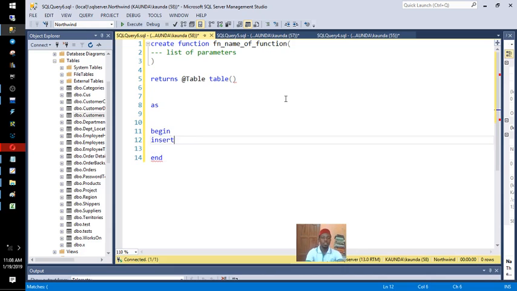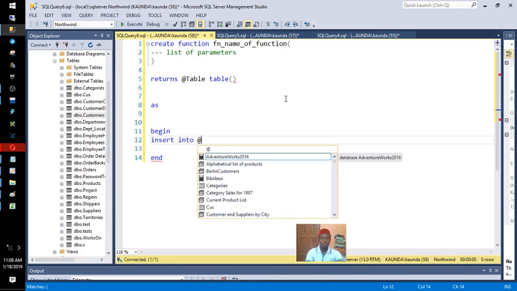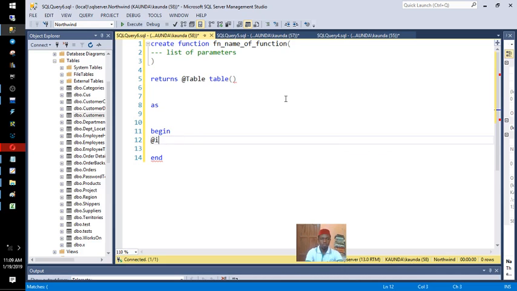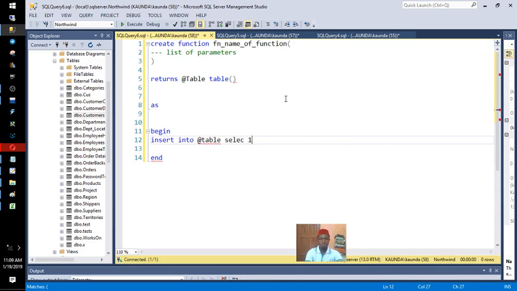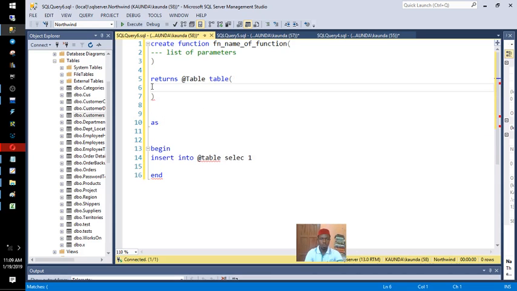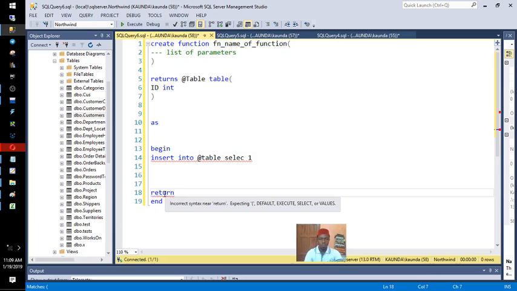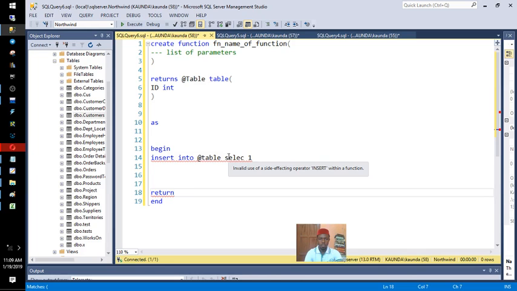Now it's set into side effect and operator. We have